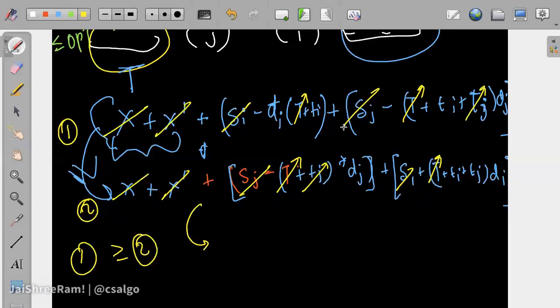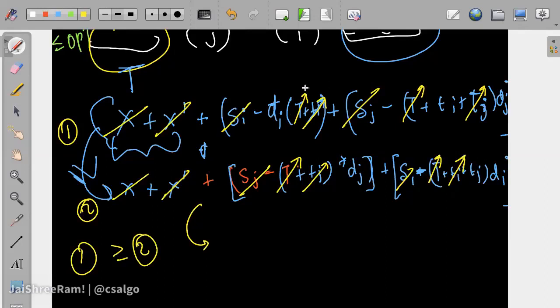There is this di times t of I over here, and there is this d of I times t of I. Yeah, there should be a minus. So di times t of I and di times t of I, so this t of I will get cancelled, right? I'm just opening it up and cancelling terms so that I don't have to write all the terms again.